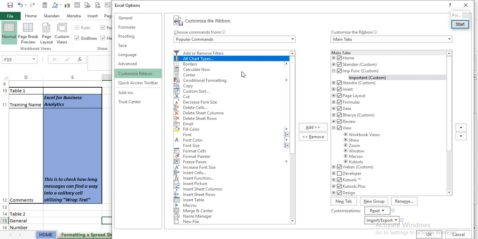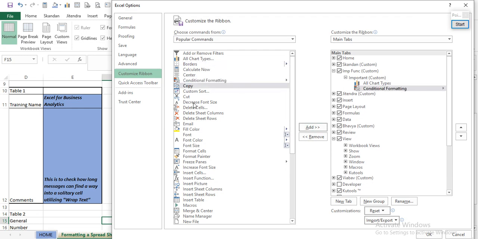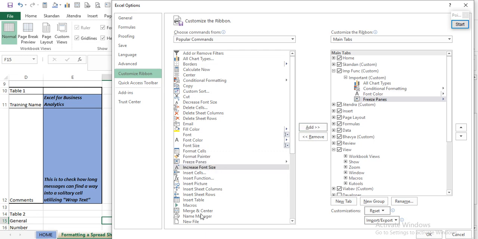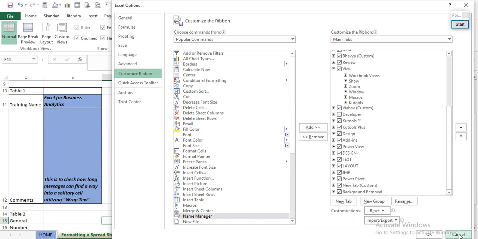So I'm going to say add that there. I'm going for conditional formatting. I will go for say font color. I will go for free paints, for example. Let me go for the merge and center option there. So this way I can move in whatever functionalities I actually require there, and then I can say OK out